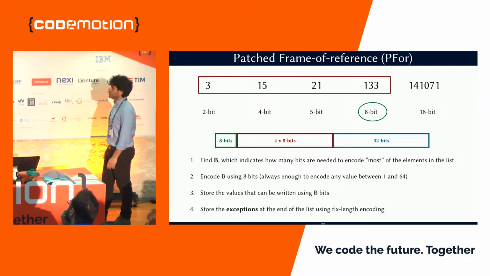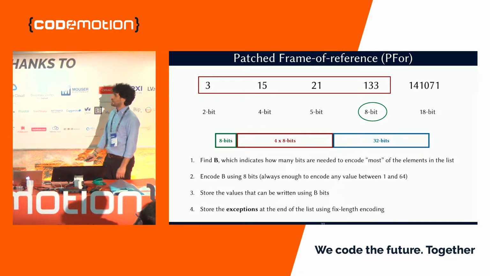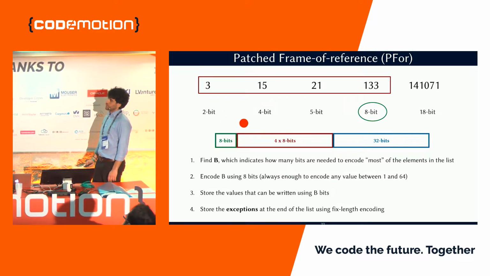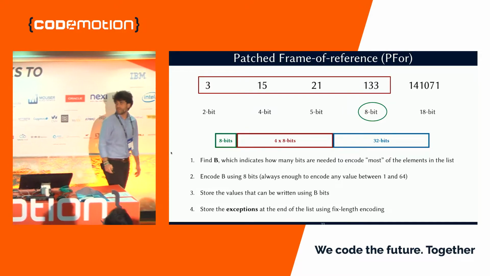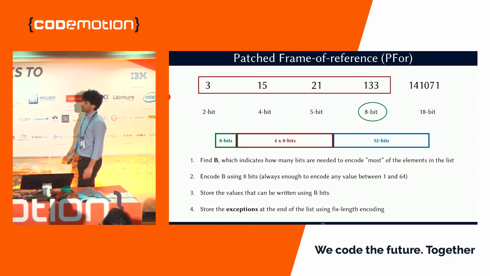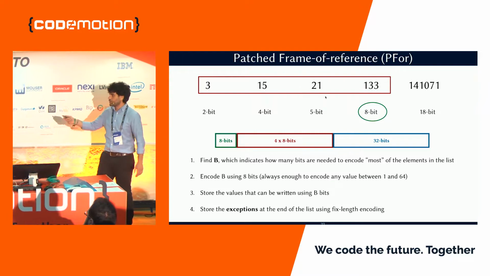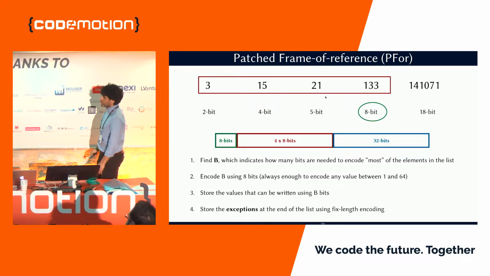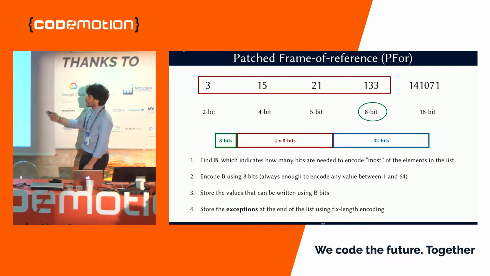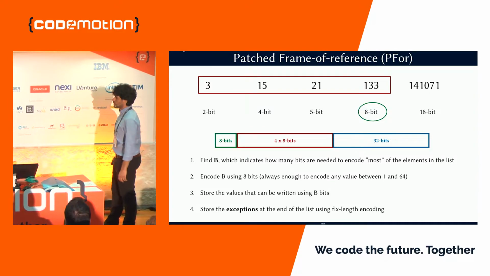Another interesting one is called P4, a bit less known, but still very interesting. So, patched frame of reference: look at your entire list, and say, OK, I need 2 bits for this one, 4 bits for the other one, 5 bits for the other one. But you know what? With 8 bits, I can compress 90% of my list. So let's just use 8 bits to compress most of my elements. And then for the final ones, which are called the exceptions, I'm just going to use the standard way I use normally, like 32 bits, for example. You end up with basically 4 times 8 bits plus 32 bits, which is way less than 5 times 32 or 64 bits. You save a lot of space with these techniques,